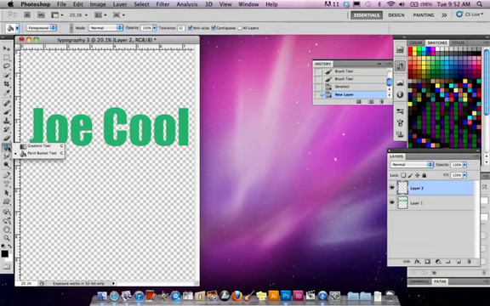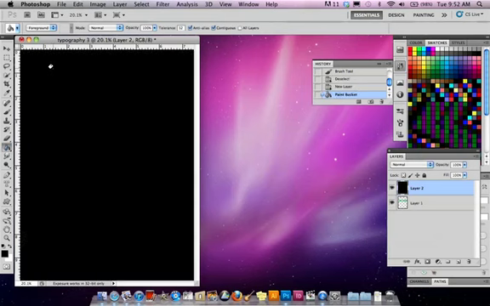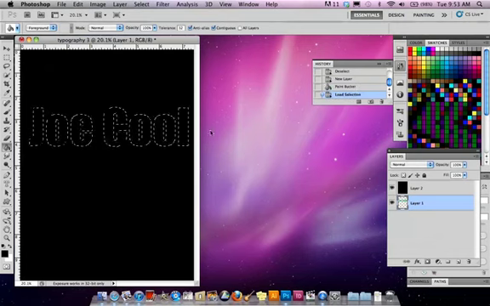So just hold it down and you'll be able to get your paint bucket. Okay, and then I'm just going to go ahead and color that black. Now I go back to my layer 1, and here's how you make selections of things like that that have a transparent background. All you do is put your mouse right here on the visual box on the layer, and then hold down Command and click, and the dancing ants will go all around